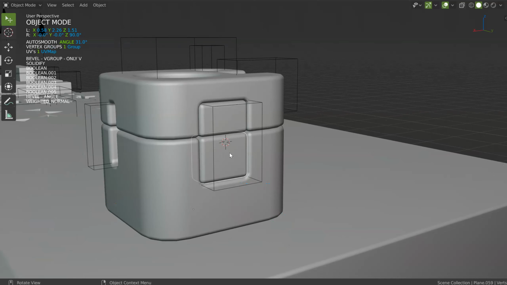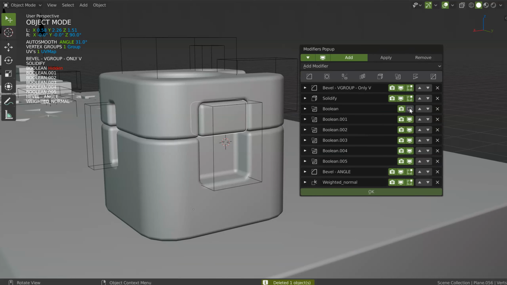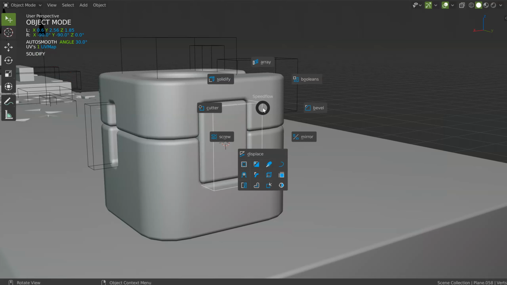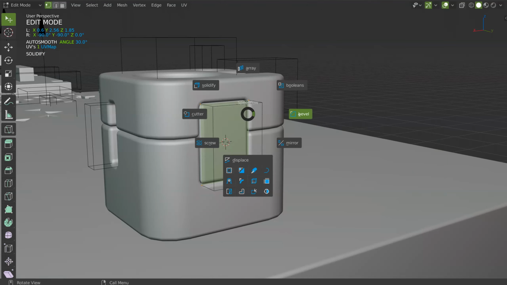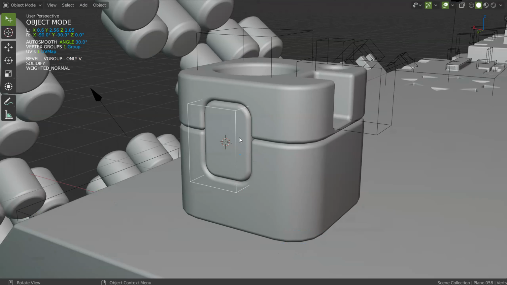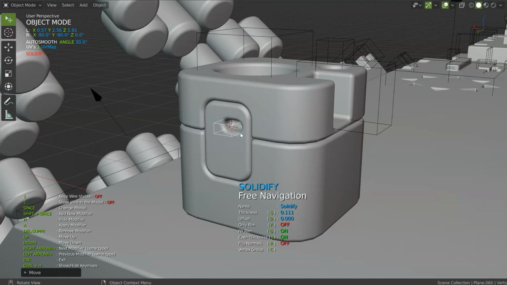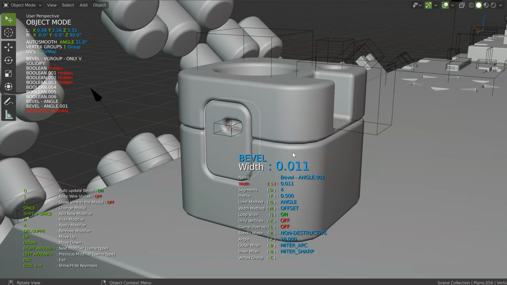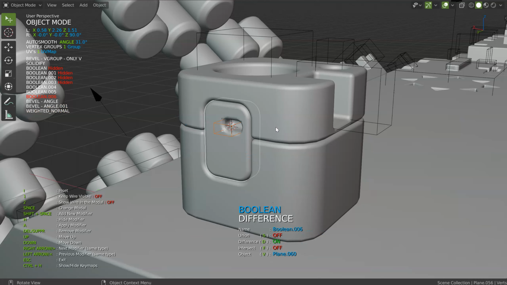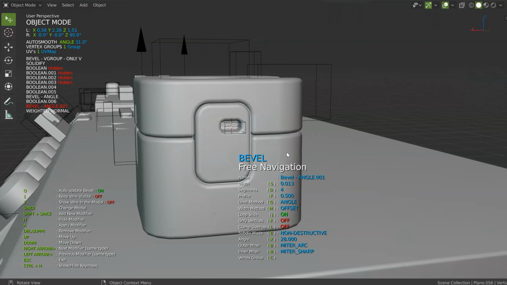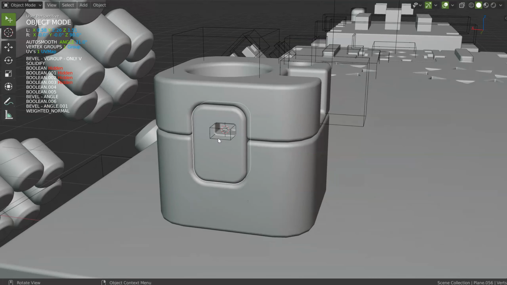I can, after, remove this one maybe, and play with this one, on the modifiers. I can remove what is not needed, and as you can see, I will have this result. If I take this one, and I go in edit mode, and I do this, that will give me this. So, I hide this one, add a little cut, that will give me this, or maybe on this one add another bevel, a small one, and move it, it's here, no, this is the boolean I need to move, here. So on this one I have my second bevel, small one, and this is correct.